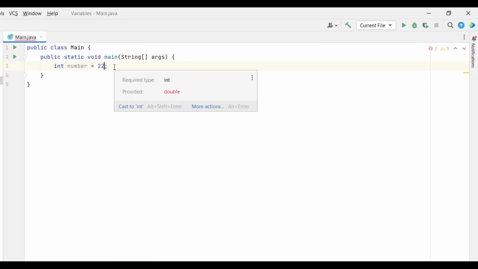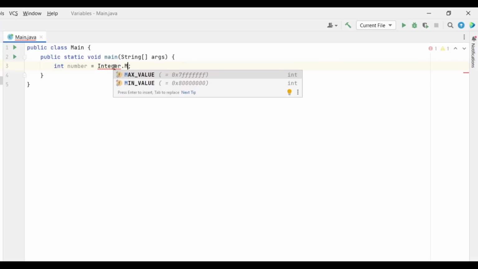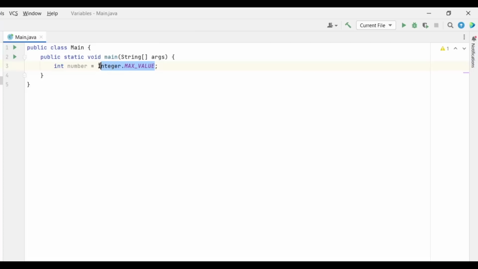So let's delete that. And now, to get the maximum value which can be stored in an int, we type Integer with uppercase I, dot, and we type MAX_VALUE. And this line of code, Integer.MAX_VALUE, we're going to talk about in a future video. But for now, this is going to give us the maximum value which can be stored specifically in an int, in an integer data type. So I'll type here int max,